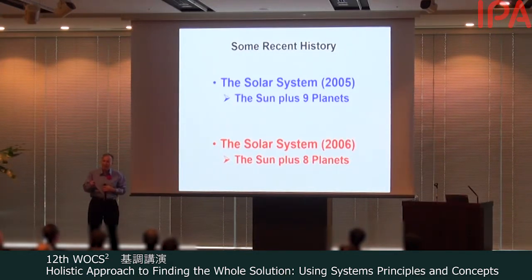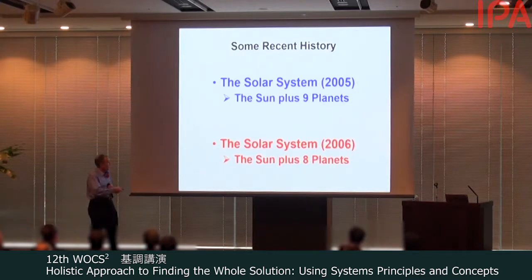Because the astronomers, from their point of view, were trying to understand how the solar system works. And they found that by looking at it as 8 planets instead of 9 planets, they were able to get a better understanding of the system behavior. Now, planet number 9 did not go away. They just reclassified it as something else besides the planet.